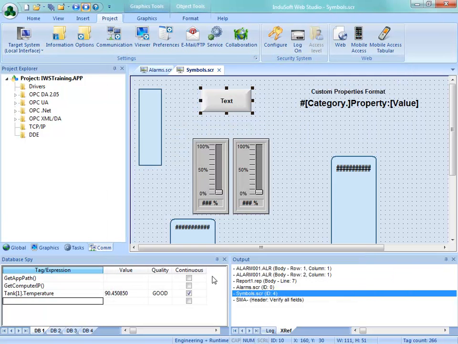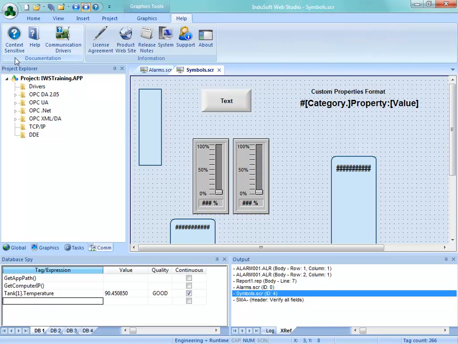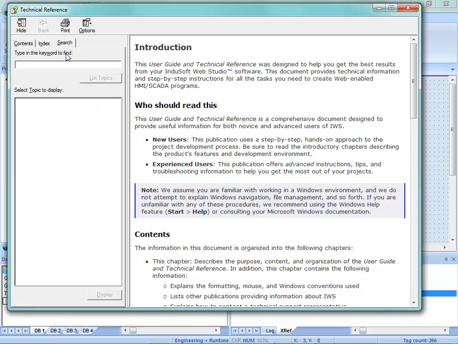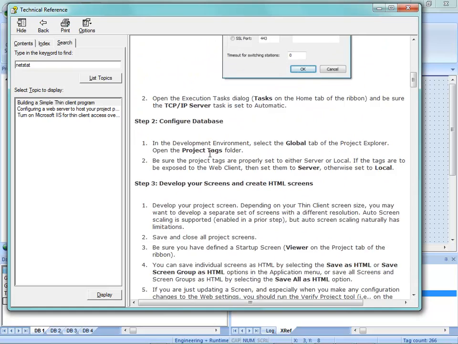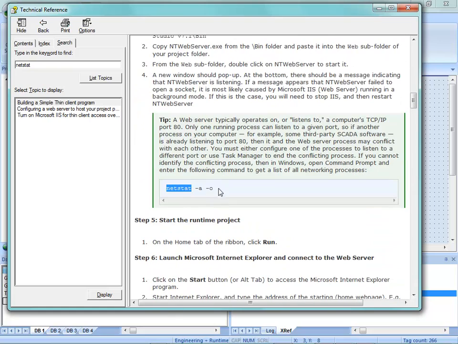Also, kind of along the lines of ping, more specifically when you're dealing with some of the database or the web connectivity, use the command netstat. I don't know if this will come up in help. We'll give it a try here. We'll search netstat. Yeah, so when we're looking at thin client applications, it's often good to use the netstat command, because it can